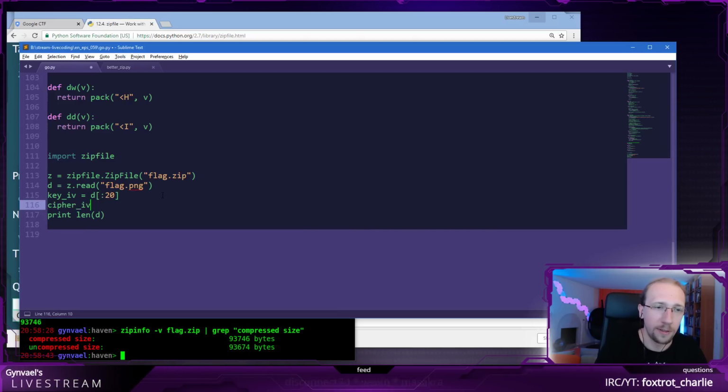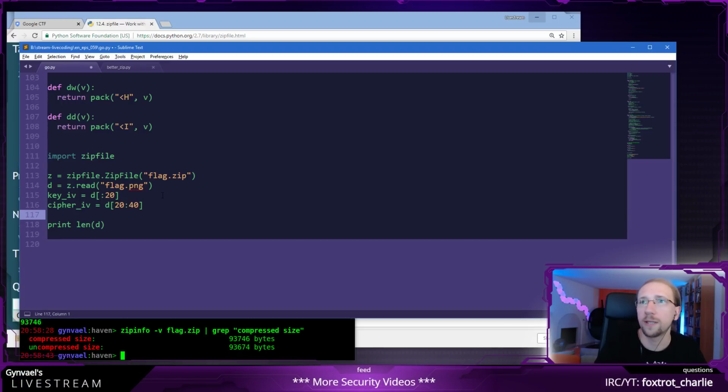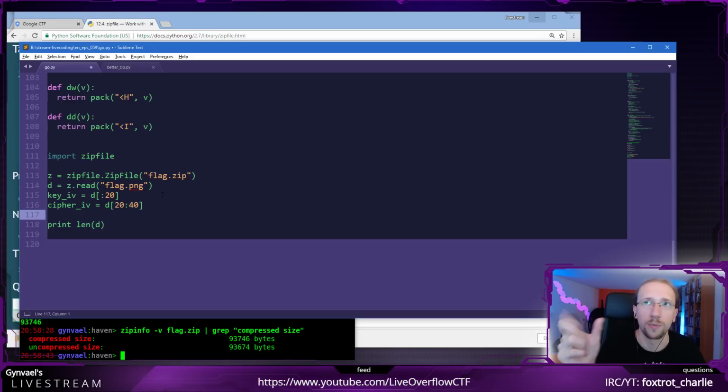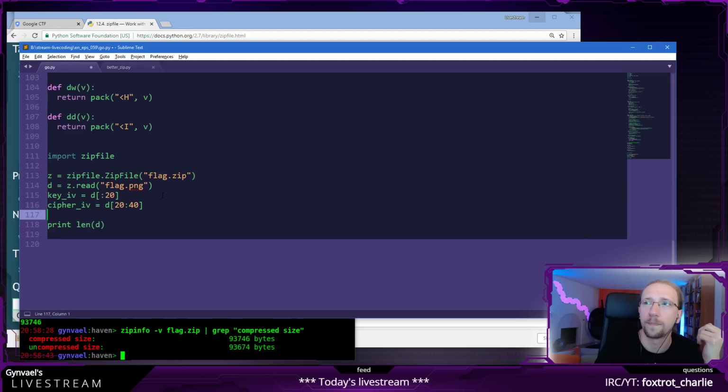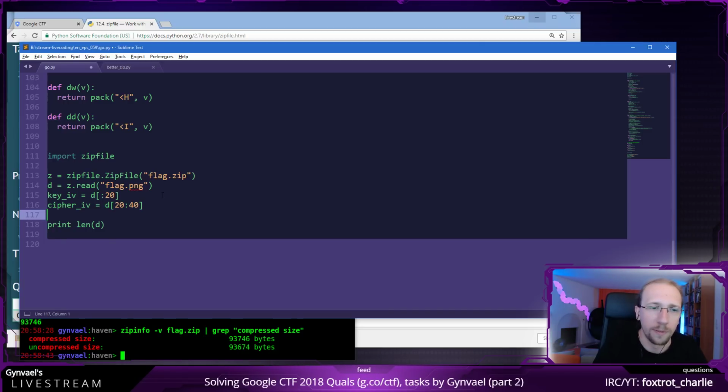The cipher IV is the next 20 bytes of data. And then we get the data, and at the end of the data we have the SHA-256 checksum. It's encrypted, but we have it there. I guess I can leave it there for now.